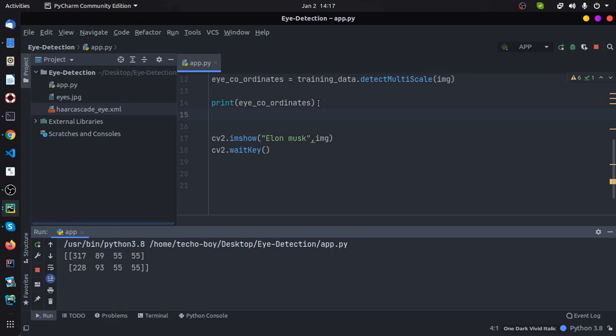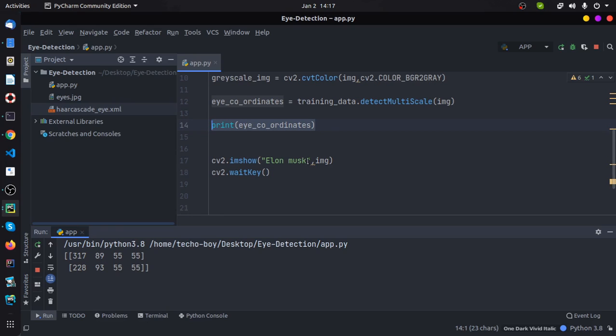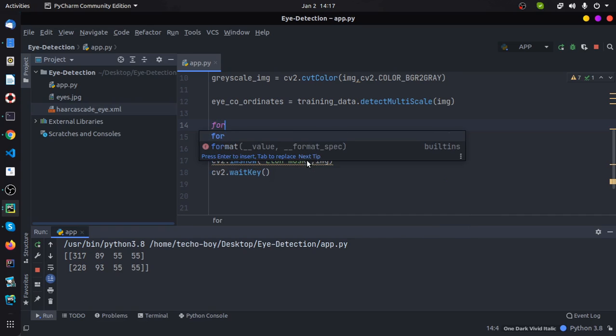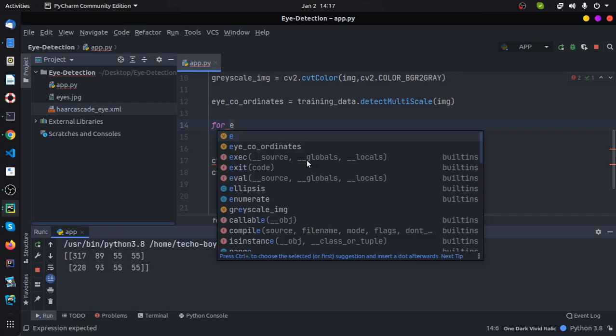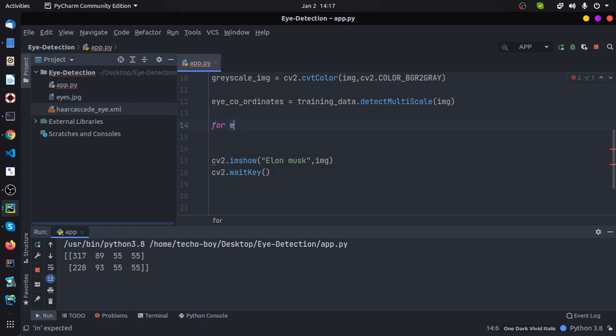First we're going to grab this eye. So what we're going to do is make a for loop in there, and then draw a rectangle around those eyes in that particular image using those coordinates. So for that we are going to use a for loop, and for x comma y comma w comma h